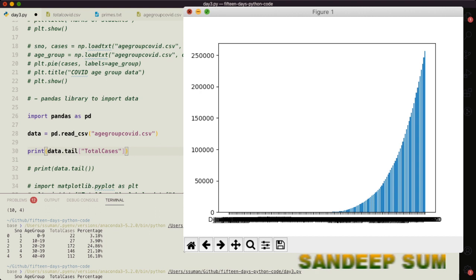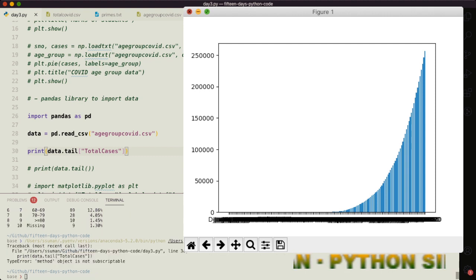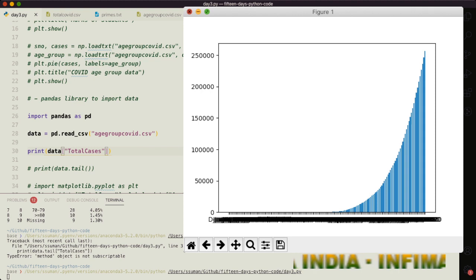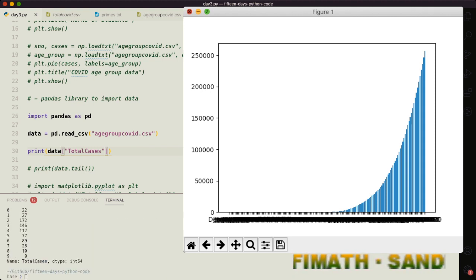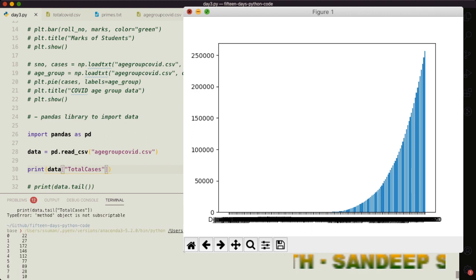Let's run this. Oh, sorry, tail is not required here. And now you can see that the column corresponding to total cases is printed.